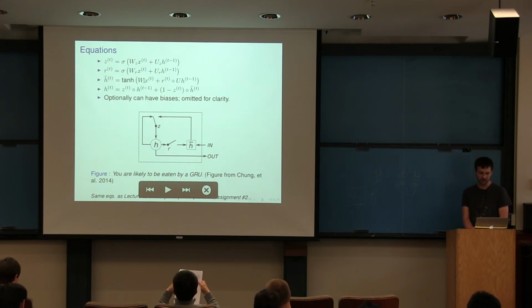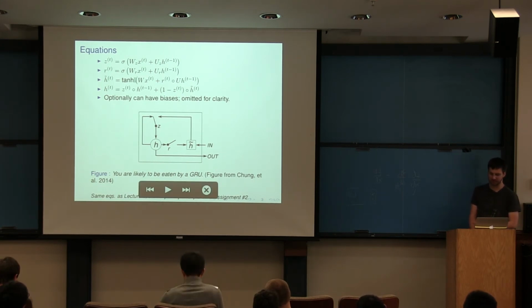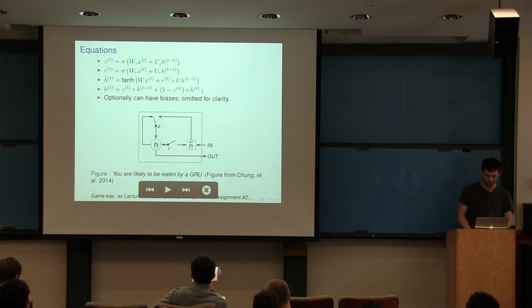H tilde is an affine of the input and an affine of the previous hidden layer with this element-wise multiplication applied, and this is the reset gate. If it's 0 at some element, that basically means ignore the value of the previous hidden layer for that neuron. And then there's a tanh on there. And then we do this mixing, which is ZT. If the output gate is high, it just carries over the last hidden state, and if it's low, it's going to mix it with the new state, the candidate state.